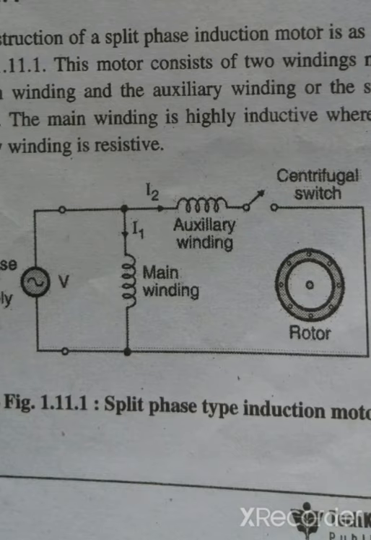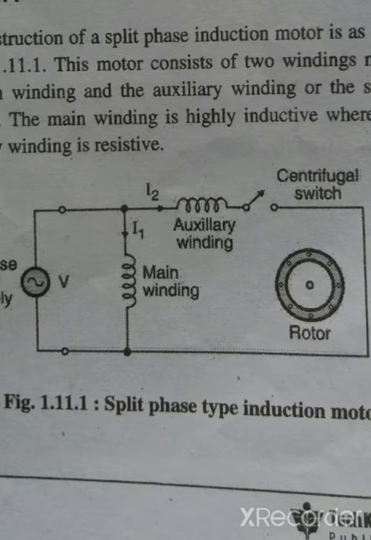The stator is in three-phase stationary winding. It can be star connected or delta connected. The star connected winding looks like this. There are three lines coming, R, Y and B, and they are connected in star. This is the star point of the stator. Similarly, the delta is connected with the three windings R, Y, B, and this is the delta connection of the stator.